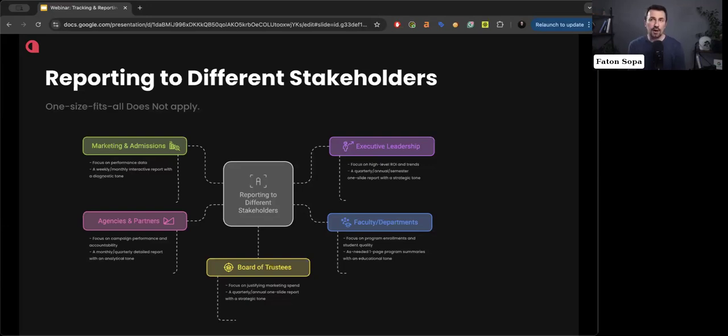In this case, your reports need to focus more on enrollments and all activities regarding that specific program. It can be a one-page report, and here's where you may need to have more of an educational tone. And the more complex your reports are to an audience that does not want that complexity, the less chance you have of getting your message across.